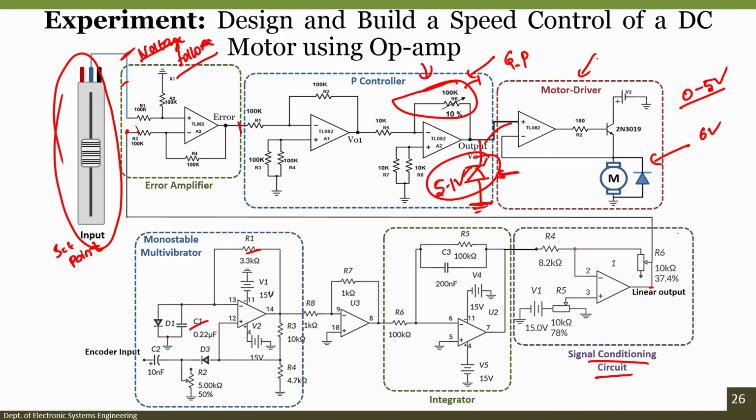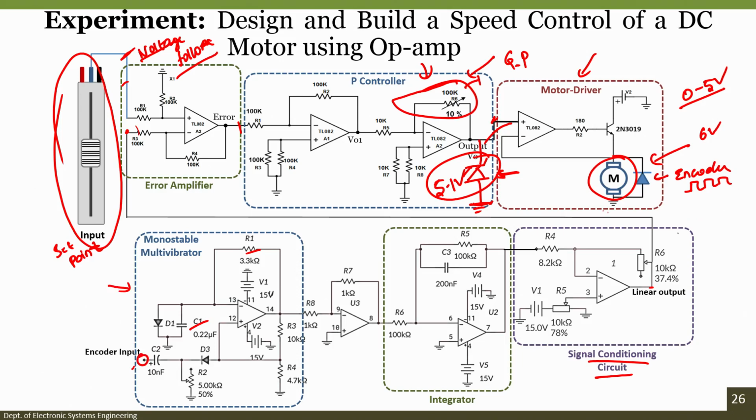We have already seen the working of the motor driver circuit, as well as a real time demonstration of how exactly it makes the motor work, along with analysis and simulation. Based upon the input voltage, the motor RPM automatically changes and is linearly dependent on it. In order to see at what RPM it is rotating, and whether it is rotating at the same RPM as set by the user, we have used a digital encoder, which provides pulses, and this encoder output is connected to a monostable multivibrator at this point.